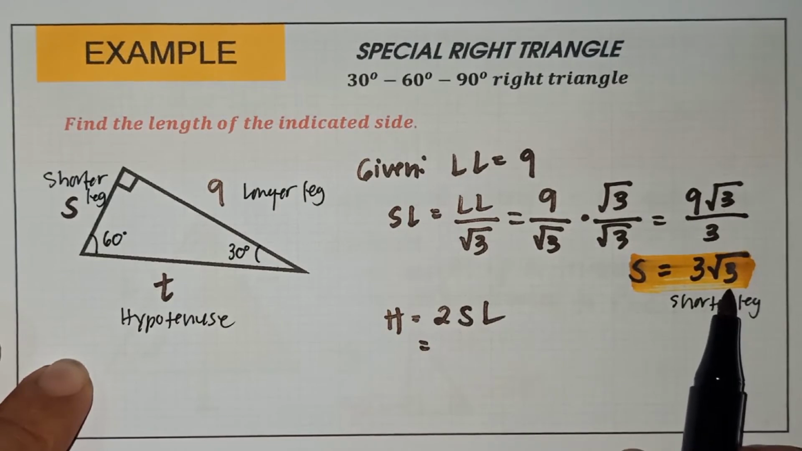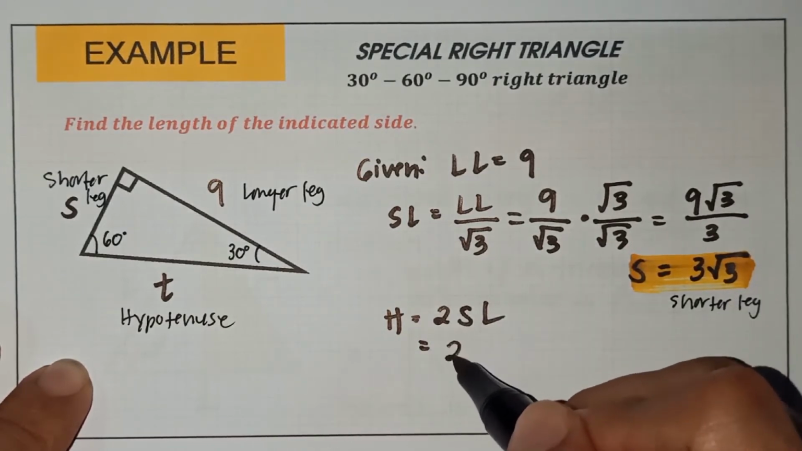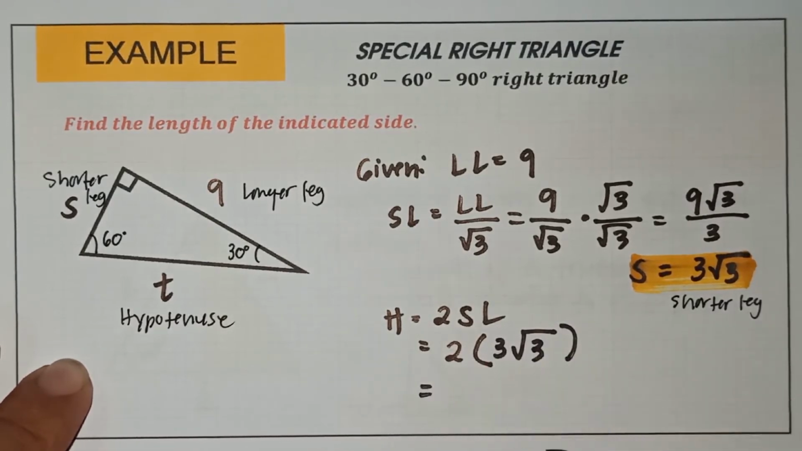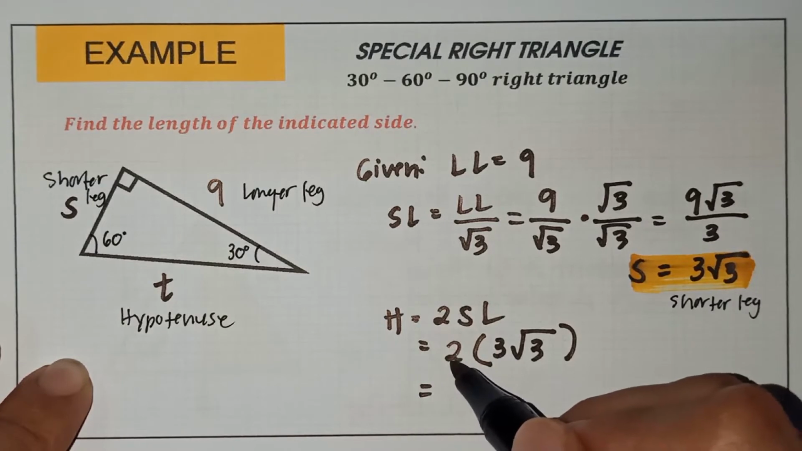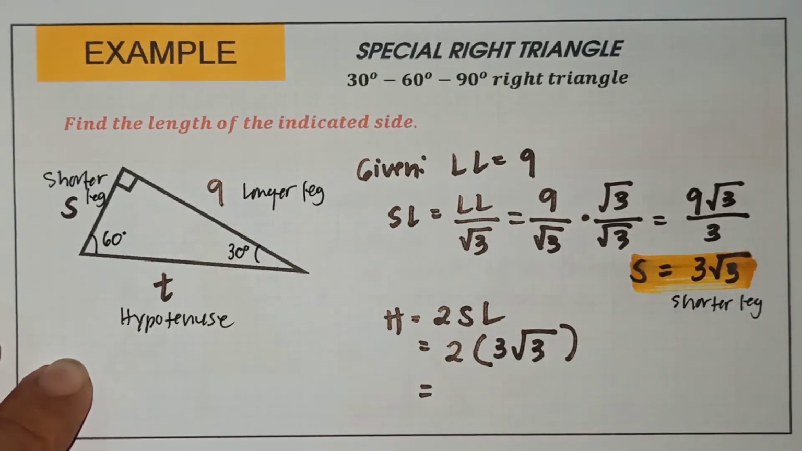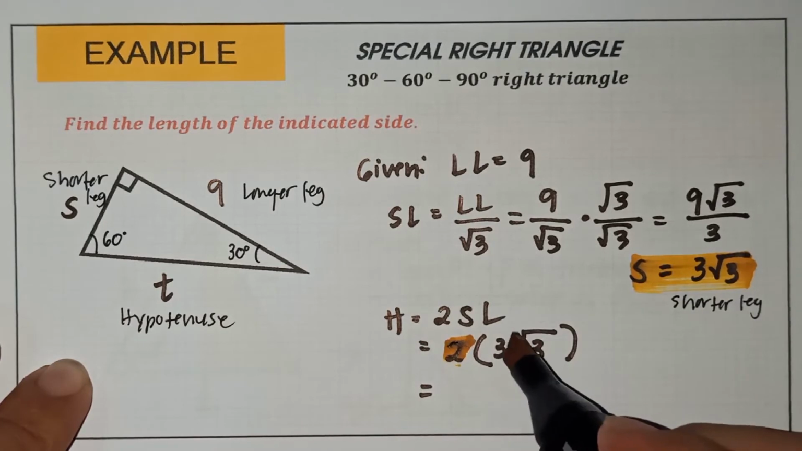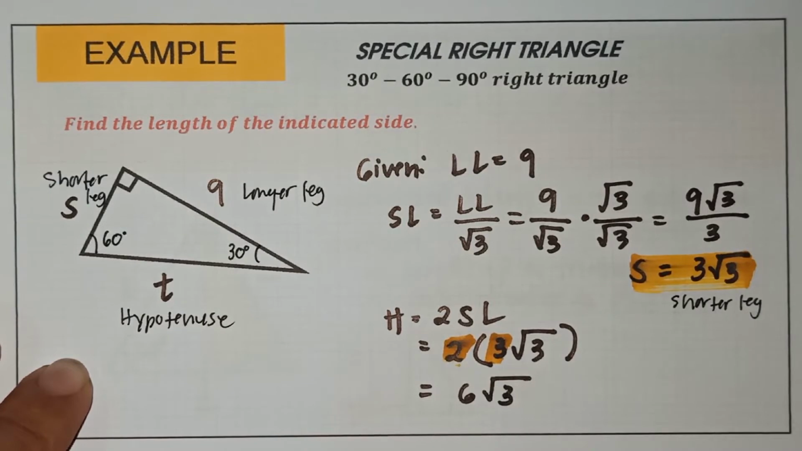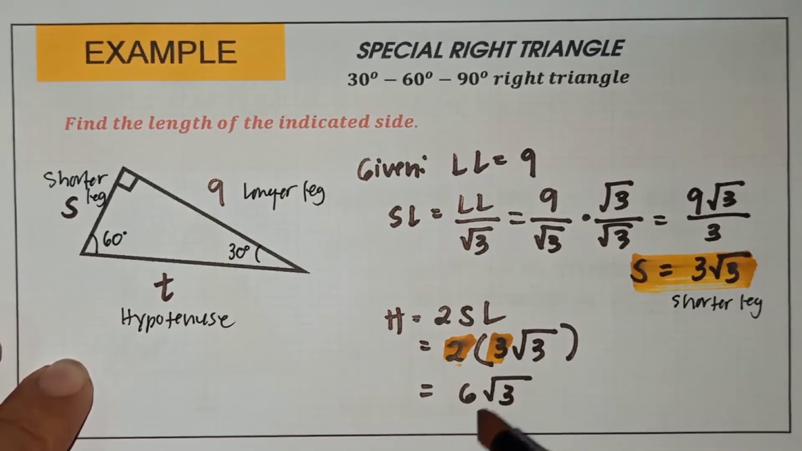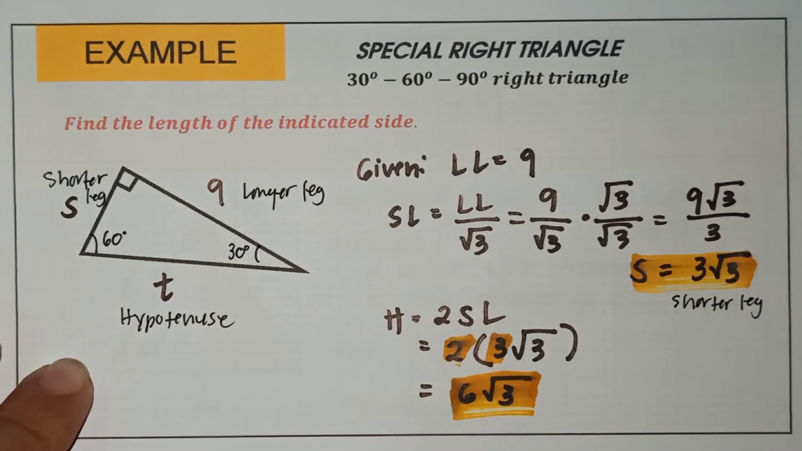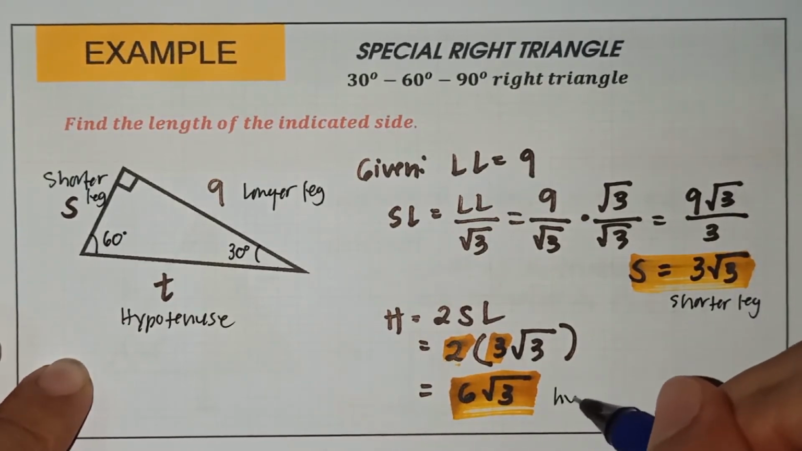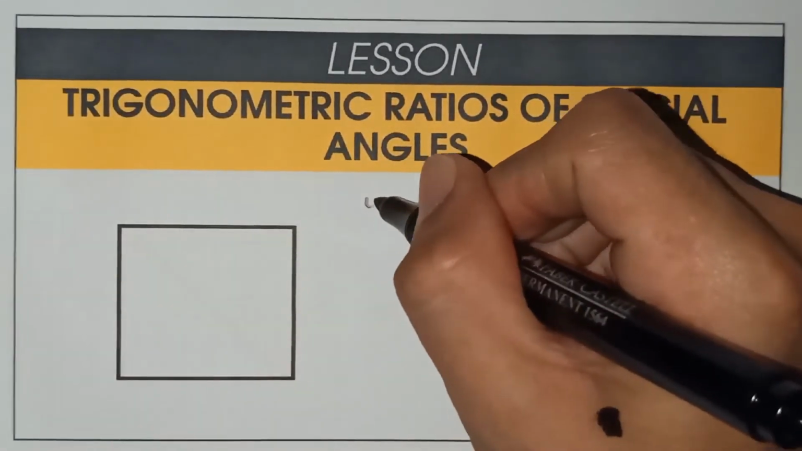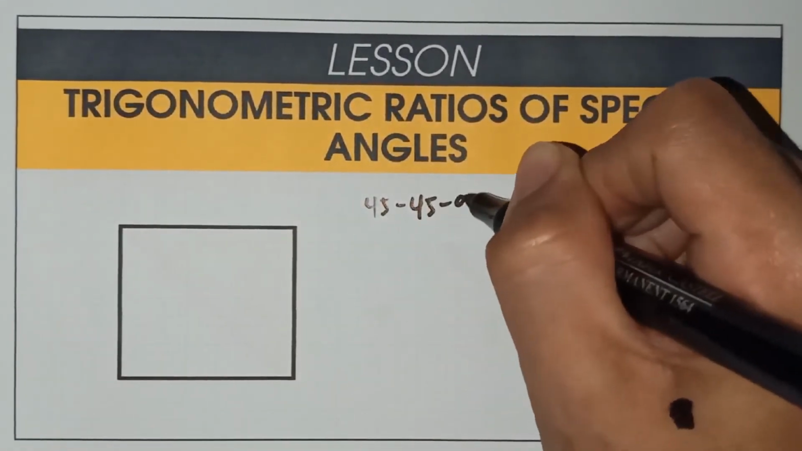So since we have the shorter leg, which is 3 square root of 3, that will now be 2 times 3 square root of 3. So the result here is 2 times 3, that will become 6. The result is 6 square root of 3. This will be our hypotenuse. Why do we have a 45, 45, 90